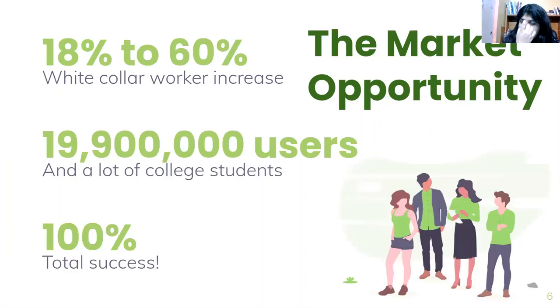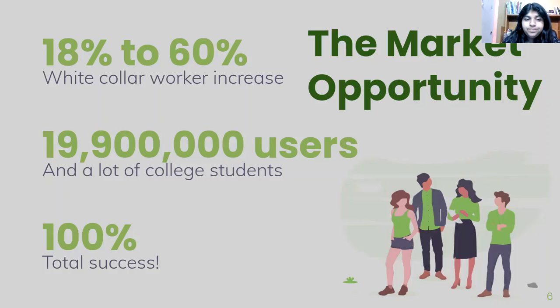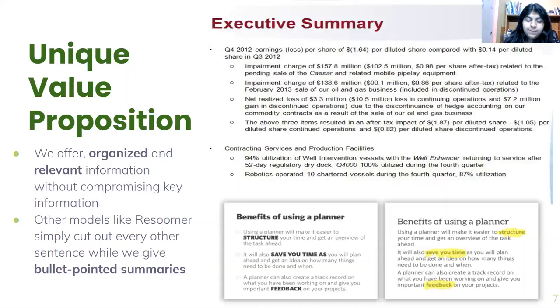So here's our market opportunity. It's really anyone who's a college student or based in a research-based industry or academia. For example, we saw an 18 to 60% white collar increase, which can improve the way users read legalese or any sort of document at their office. For college students specifically, there are over 19 million users, and each of these is an opportunity for us to grow our market in the future because each of them faces research or large bodies of text throughout their careers.